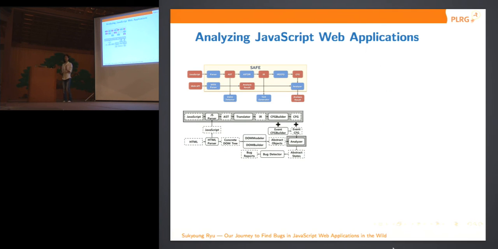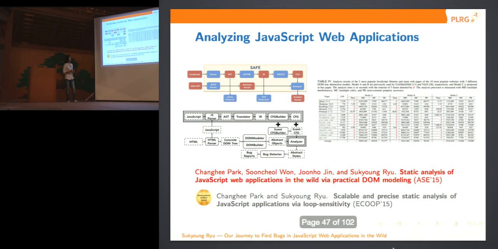So we extended SAFE to interact with HTML documents so that we can analyze the eBay.com page and the Wikipedia.org page. In order to do that, we had to model the DOM object, meaning how that HTML document is structured. And there were 2 cool versions already, one from Microsoft called Gatekeeper, another from Aarhus University led by Anders Møller called TAJS. And they're really cool. They were capturing this document object model, which is the HTML document, intentionally imprecisely, because they were concerned about scalability. And our approach is to take the other way. We wanted to capture that